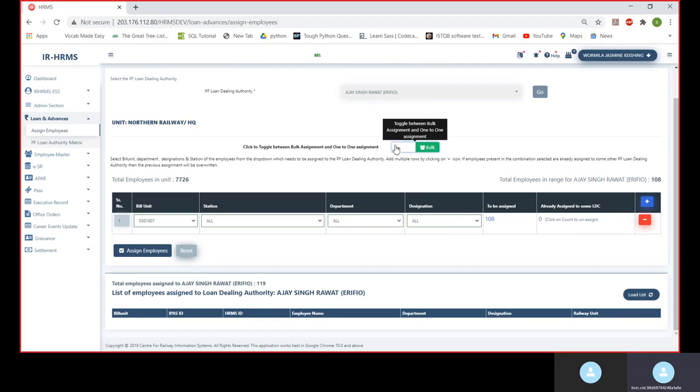Similarly, if you want one-on-one assignment, we have to toggle between the bulk assignment and one-on-one assignment. For that, I'll be refreshing my screen.